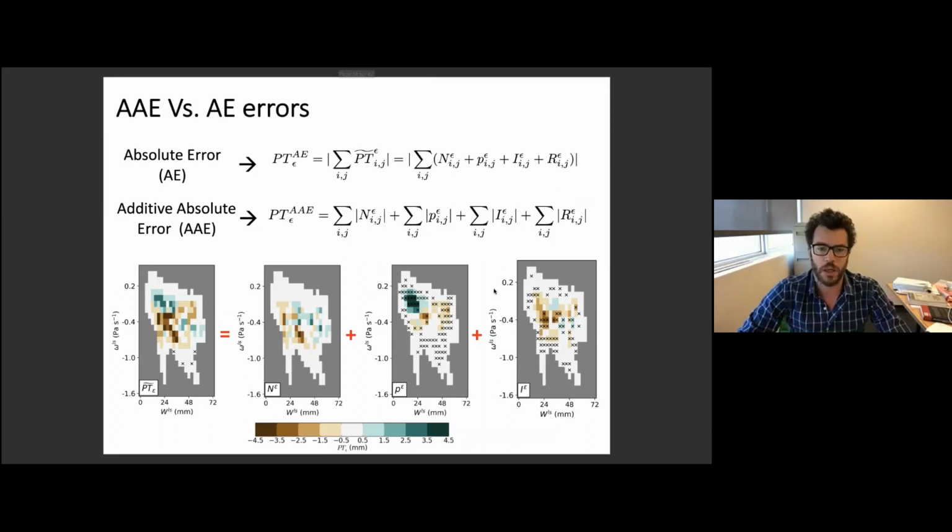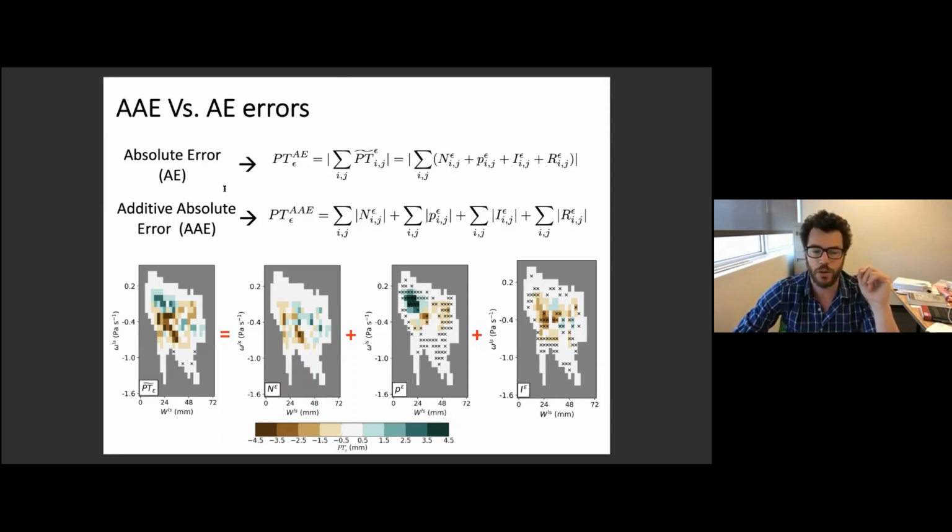But again, we can define a new error metric, as I did with the other example. So for example, you can calculate, as we did before, the absolute error. That is simply we sum over all terms and we calculate the absolute value of that, which is the absolute value of the mean bias. And again, you can calculate a new additive absolute error, where the sum is of the absolute values of each of these 3 different terms, but also all the different regimes.